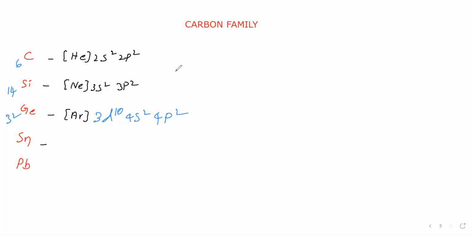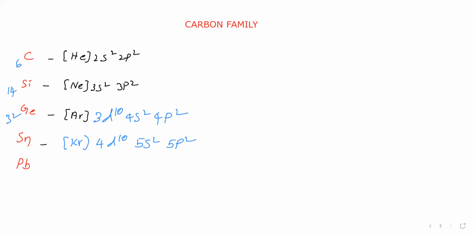In the p block elements, in the group electronic configuration, we cannot write the same from top to bottom. Like this change will be there. First two elements same. Next element and the next element, third and fourth elements will have ditto. Fifth element will vary. Now for tin, krypton 4d10, 5s2, 5p2. Like that we can say.